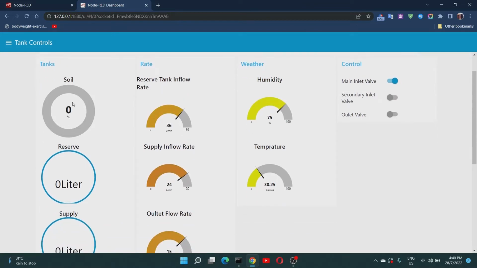Now what we're going to do is a demonstration of how these controls work. As you can see here, the main inlet valve is on. The reason it's on is because this one is used to supply water to the reserve tank, and the reserve tank has less than 1,000